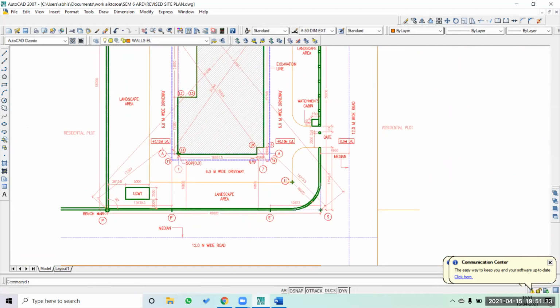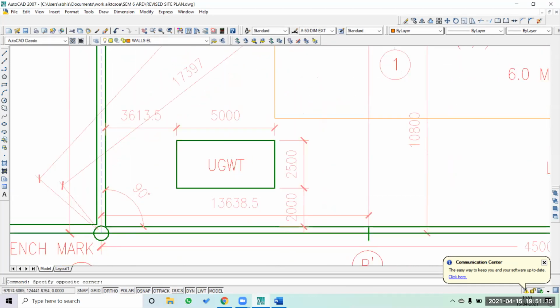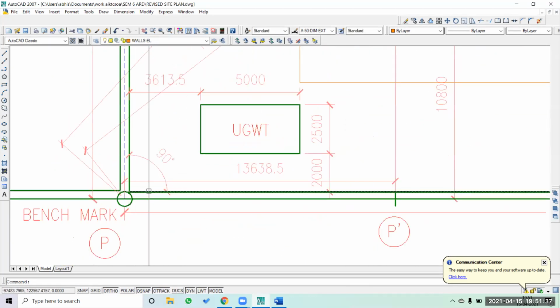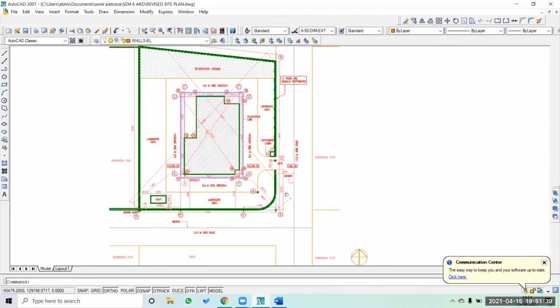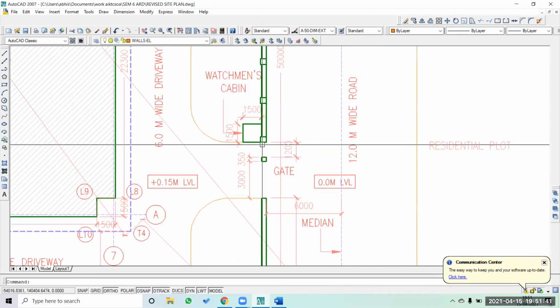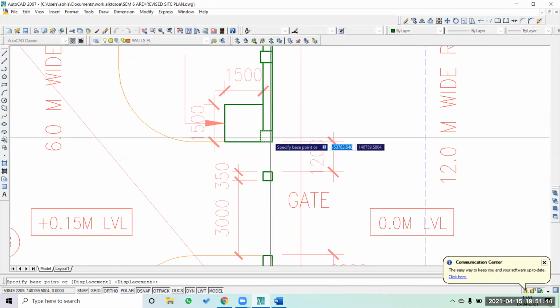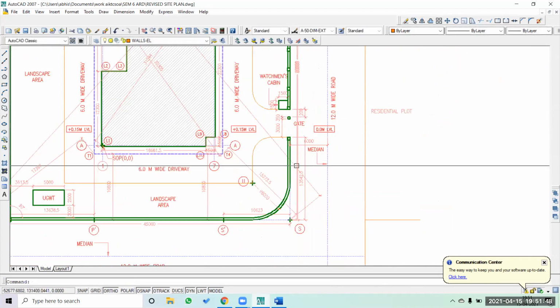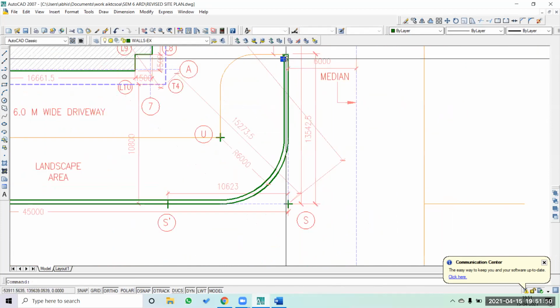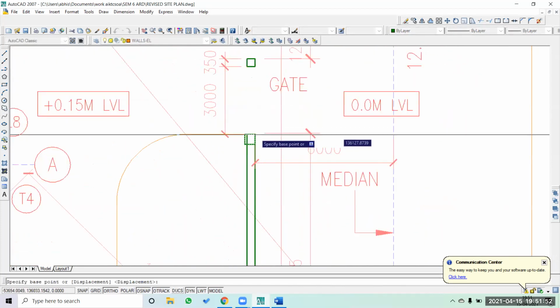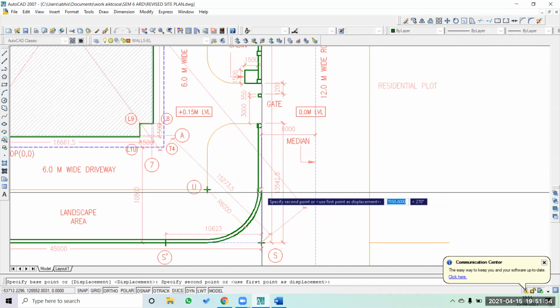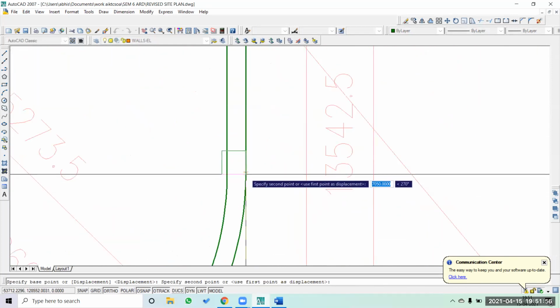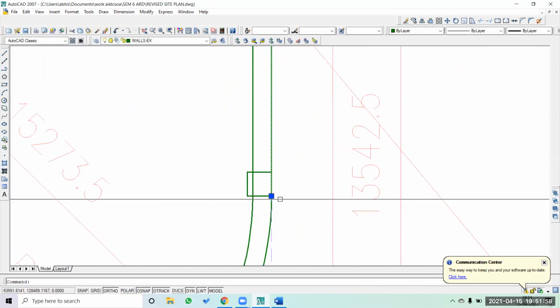There is no other 90-degree angle, but that is how it is. This is where you have to be really cautious about where you want to provide the piers. In this case also, you can simply take this as a pier. The next pier could be at the start of the arc, very importantly the start of the arc.